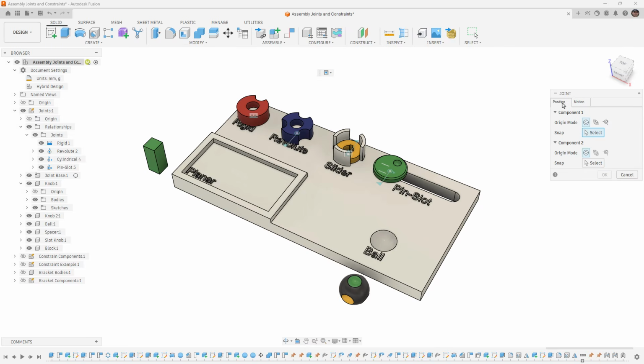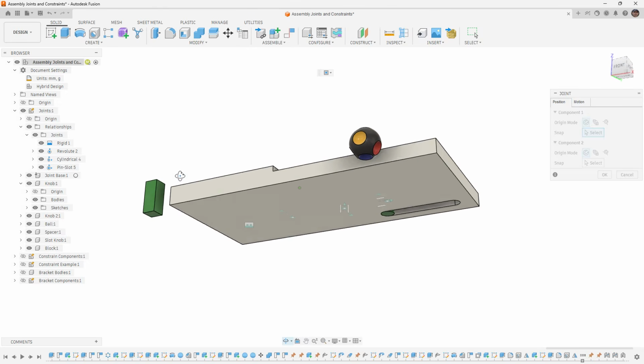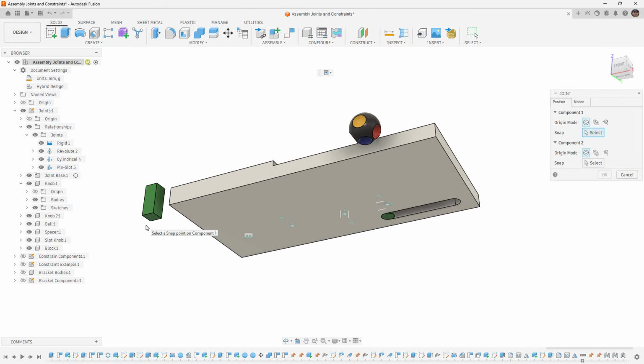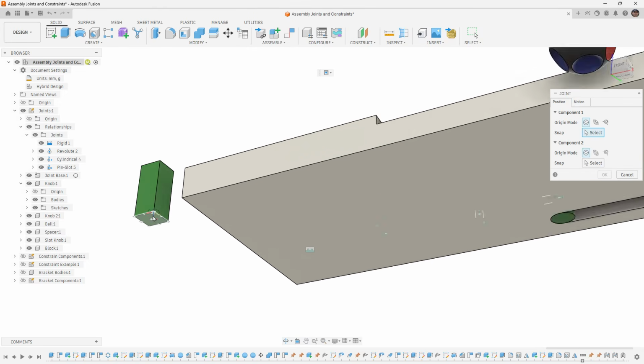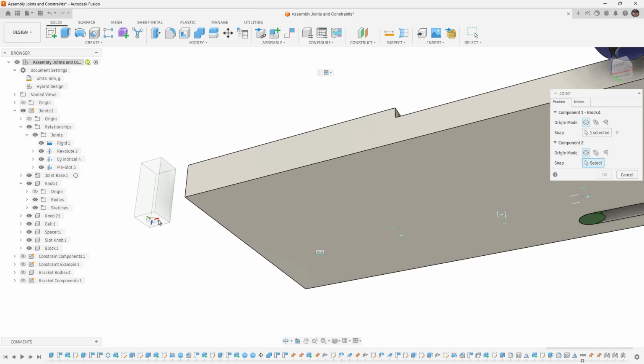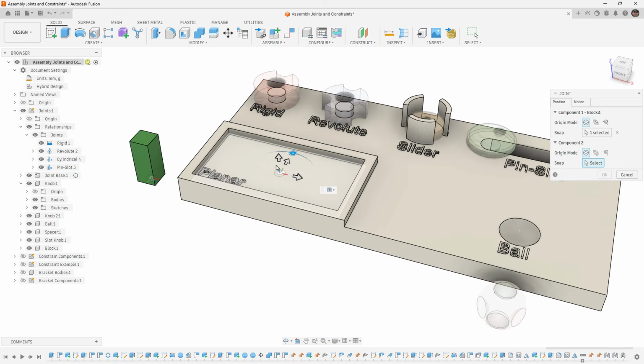And so all the joints we've looked at so far: rigid locks everything down, Revolute 1 degree of rotation, the slider 1 degree of translation. Then we went to our cylindrical, which is 1 degree of rotation, 1 of translation. Pin slot, 1 degree of rotation and translation, but different axes. And now with the planar, what we're going to be doing is having something that can move and rotate in plane. So what I'm going to do is I'm going to select the bottom of this face, and I'm going to select inside of here,